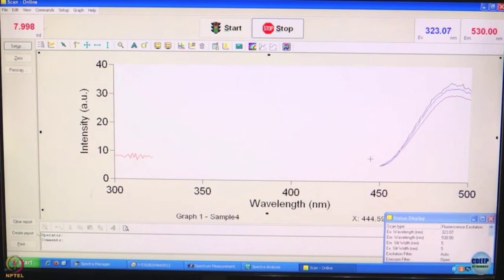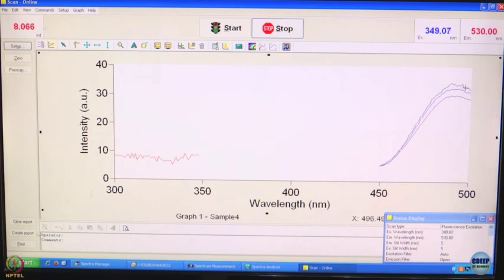Now, we might remember that we have discussed in class that intensity of emission is emission quantum yield multiplied by intensity of light absorbed. So, everything else being same, if we change the excitation wavelength, what is changing is intensity of light absorbed, because that is related to absorbance, which is a function of wavelength.